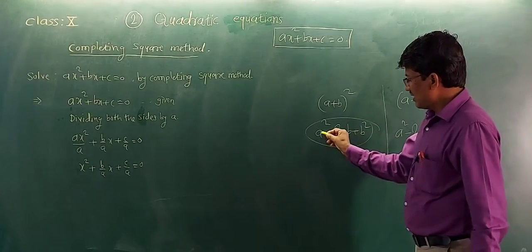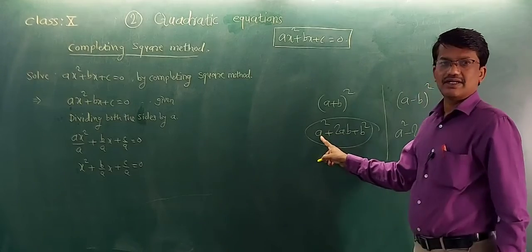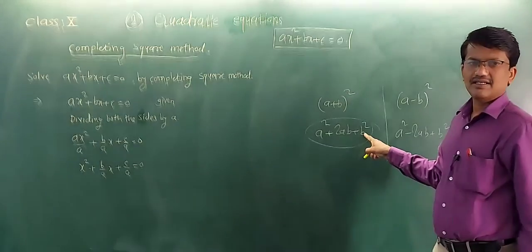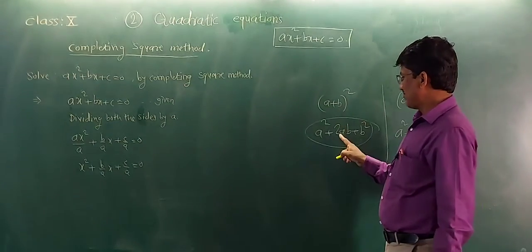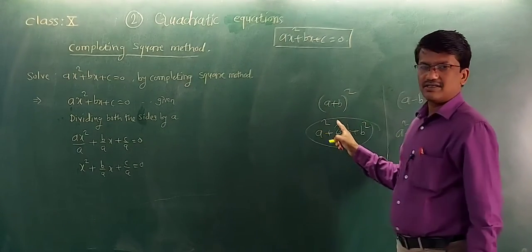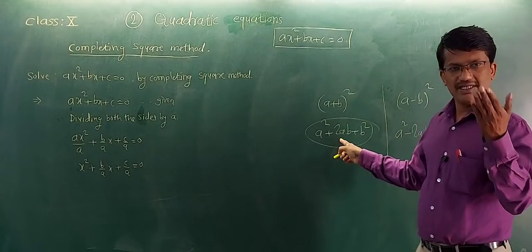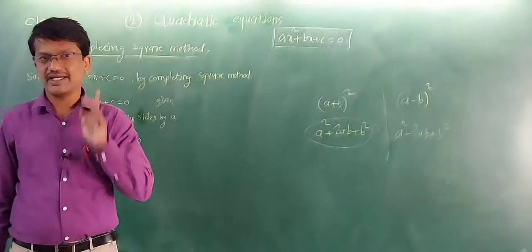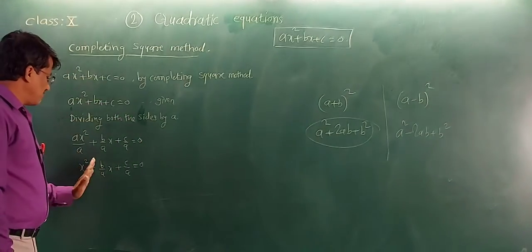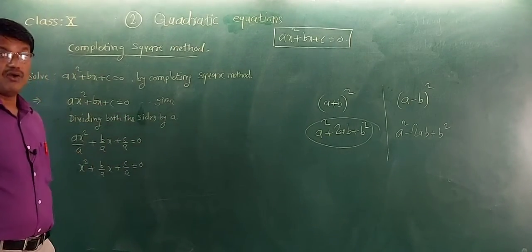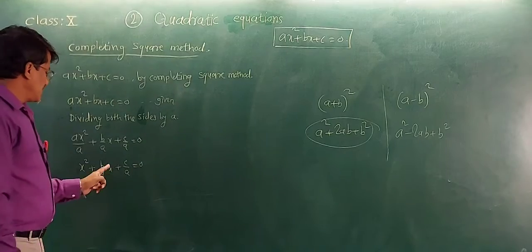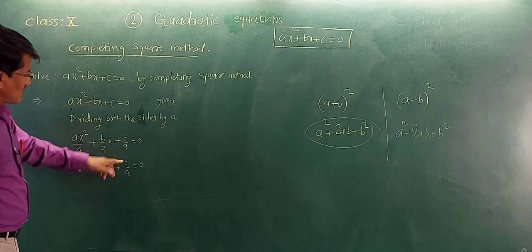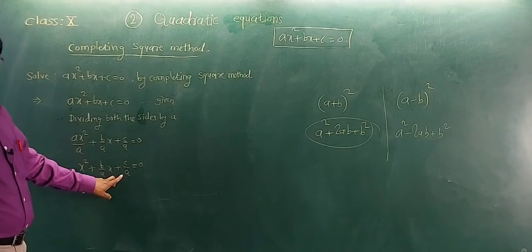Look here. The first term is a square, so instead of a square, here is x. The last term is b square, and the middle term is just the product of a and b multiplied by 2. In the same way, here the left hand side is not a complete square, so try to find the third term. How to find the third term? For that, the condition is here. This is the x square term, here the x term, and the constant term is c upon a.